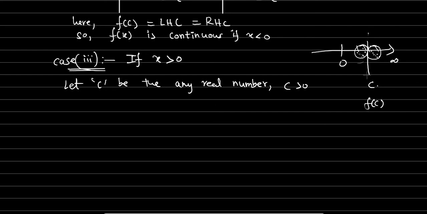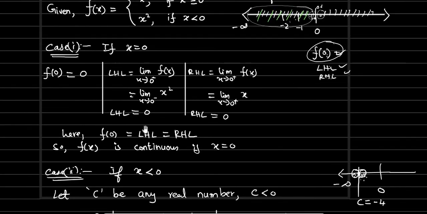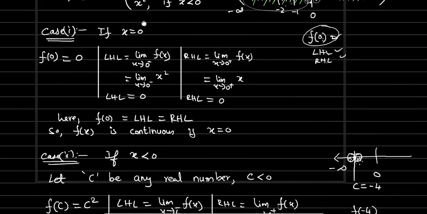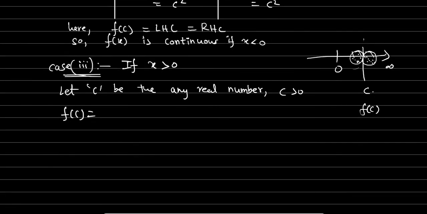When it comes to testing exactly one value, directly in the function we can substitute. But when it comes to more in number, we are applying the limit. So now first, f of c value. What is the condition of c? c should be greater than 0. If it is greater than 0, which one is suitable? First function. So f of x equal to x. Then f of c will be c.